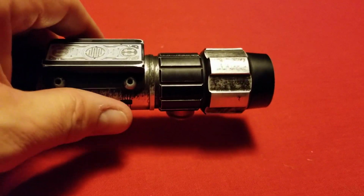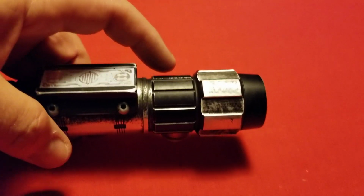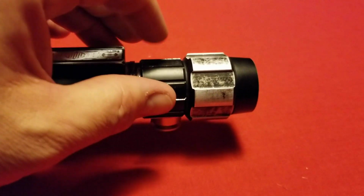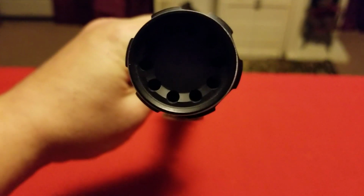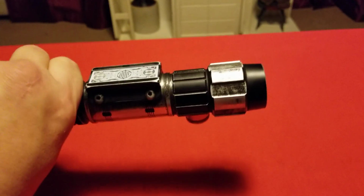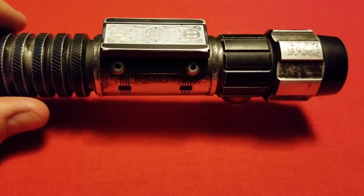Previous iterations of Ultra Sabers, my Remnant, for instance, which has a Diadium 2, which is an older saber, actually has a retention screw that you remove, and this just slides off. But this actually screws on, which is much better. Once you get that on there, the alignment is pretty accurate. So it's threaded properly for alignment's sake, and I really do appreciate that, because a lot of sabers that you get don't necessarily